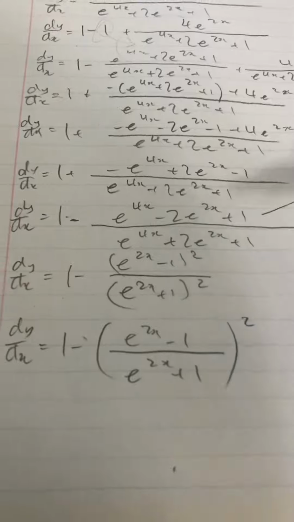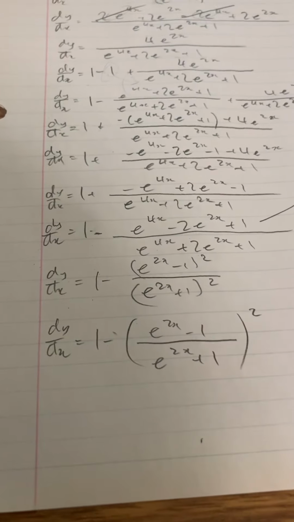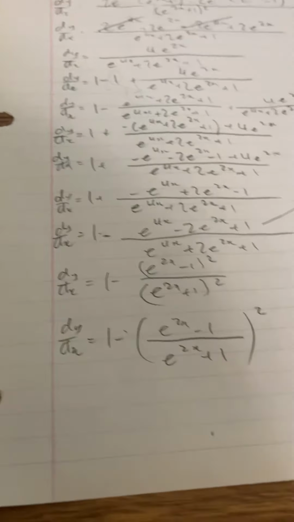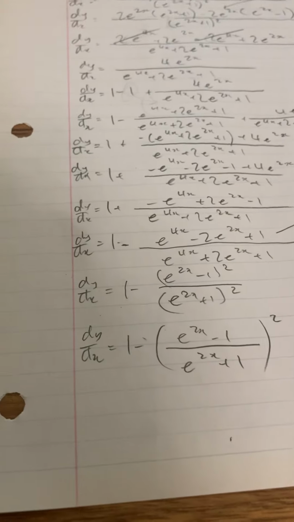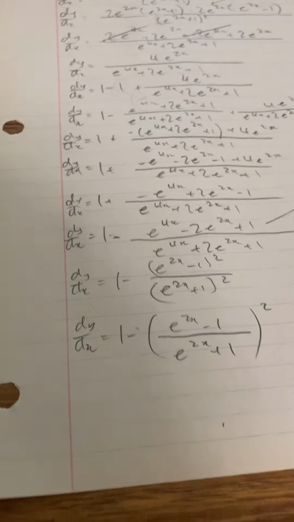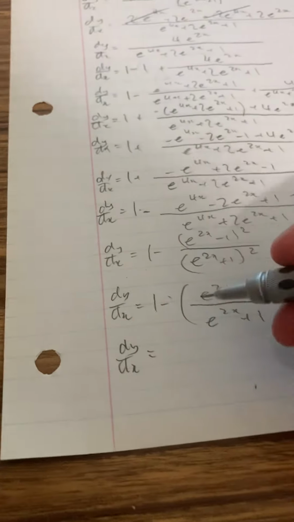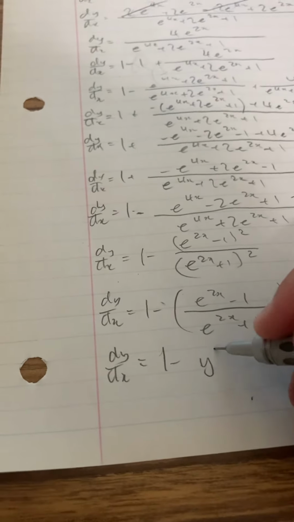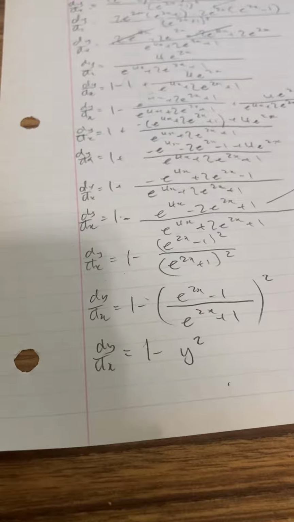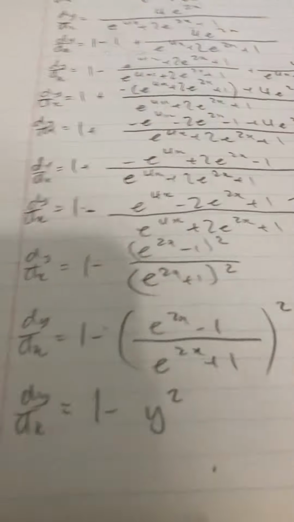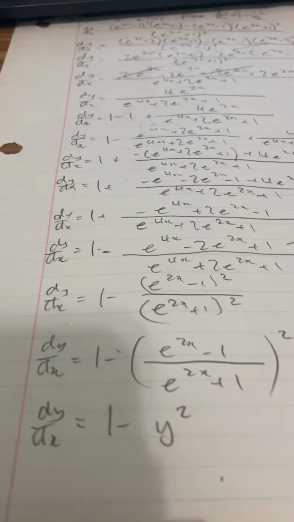So if we look here, y was actually equal to this, and we see here that it's the exact same. So how we can actually rewrite this is just by substituting this for y. So this would actually equal something like this. And if you see, it's actually the same thing, which means,